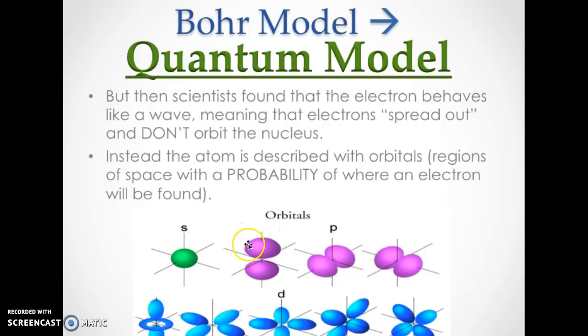And then once you have something with a lobe like a dumbbell, then it's called p. And when you have two dumbbells, then it's called d orbitals. Okay, so there are different shapes. So you should know that the atom has a bunch of these orbitals, and in these orbitals there are electrons, and you don't know exactly where the electron is because they keep moving and it's a probability of where you're going to find them. Okay, so the last